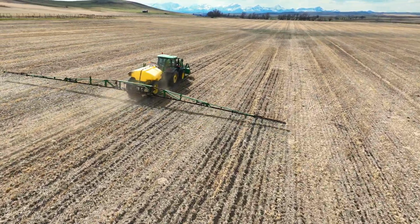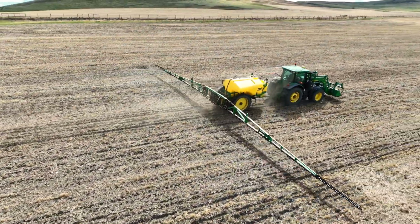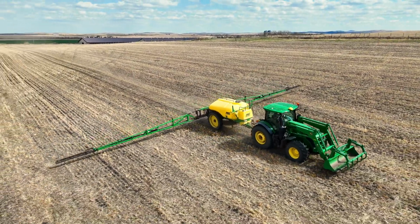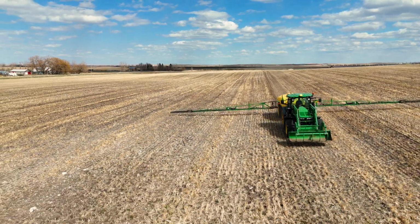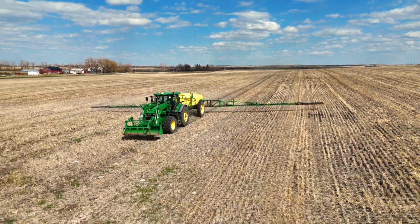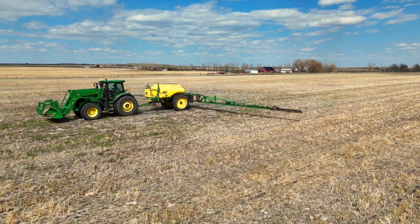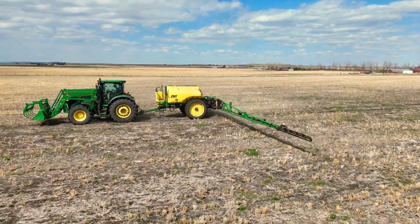The sprayer has 20-inch spacing on the nozzles and 90 feet wide, and it has auto leveling booms and everything, so in that case, as you can see, the contour on the hills maybe a little bit, especially right in this area. There's a few dips, but we have some fields with pretty significant hills on them. So it has the NORAC UC4 boom height controller. So it's got 3 sensors, one on each end of the boom, and then one in the middle of the